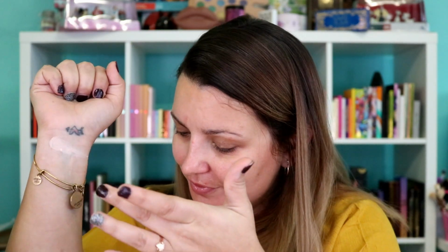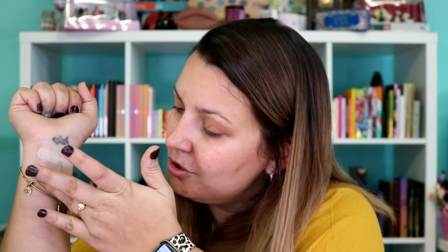So we'll go ahead and start off by swatching just like we normally do. So we're going to start off with Whipped Cream, Crisp, Fall For It, Pumpkin Spice. So we've got Whipped Cream. You can see that on my tan line spot. Crisp, Fall For It, and Pumpkin Spice. So far they feel really nice. Not too bad. Okay. Next up we have Ginger Spice,